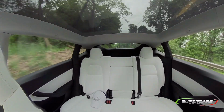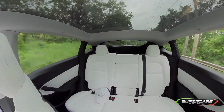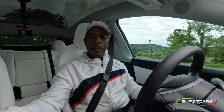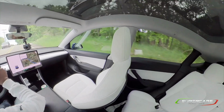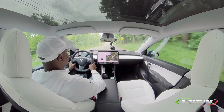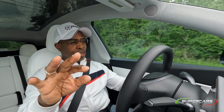The first one is something that's really cool. As you guys know, there are probably 8, 9, 10 cameras around the Tesla Model Y. You have the repeater cameras that are looking rearward. You have the B-pillar cameras that are looking forward. So those are 4. You've got the cameras that are forward facing, and you have the camera in the back. And of course, there's a camera in the cabin that most people don't really know about. We're going to do a video specifically about that camera at another time. But having said that,